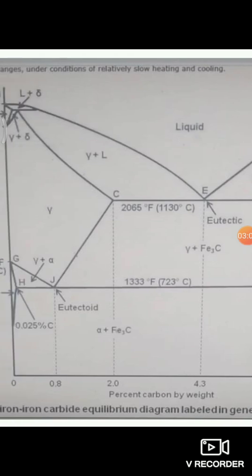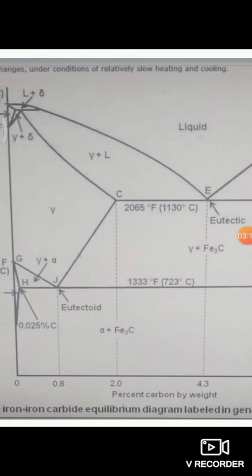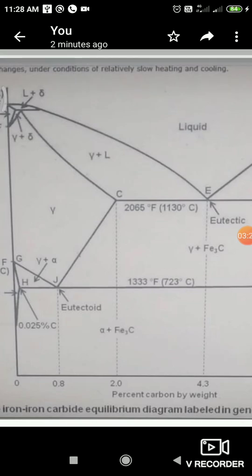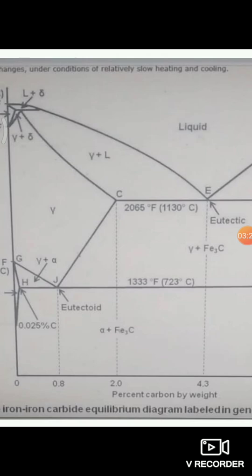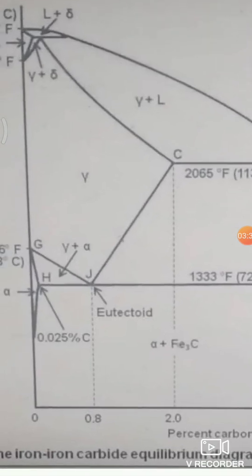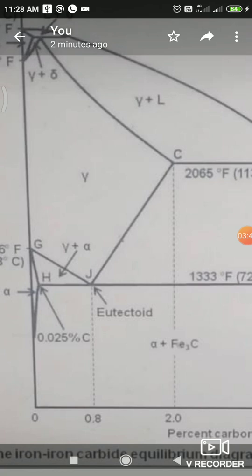Basically, when the carbon percentage is from 0 to 2%, there are three types of steels. From 0 to 0.8%, that is plain carbon steel or low carbon steel. When the carbon percentage increases from 0.8 to 1.2%, that is medium carbon steel, and 1.2% up to 2% carbon is the third type. So these are the steels from 0% up to 2% carbon, called plain carbon, medium carbon, or low carbon steel.